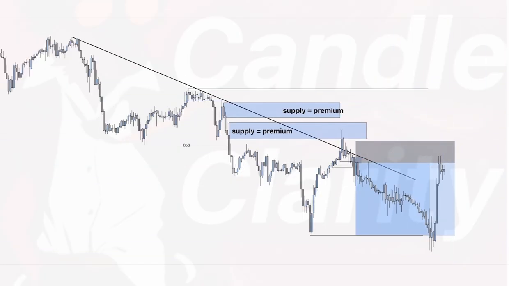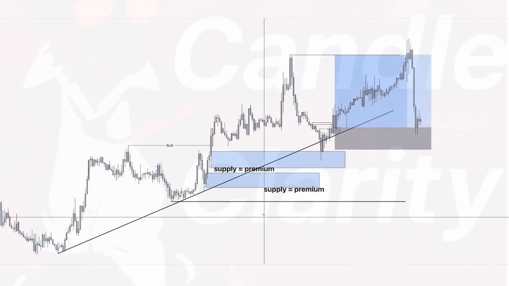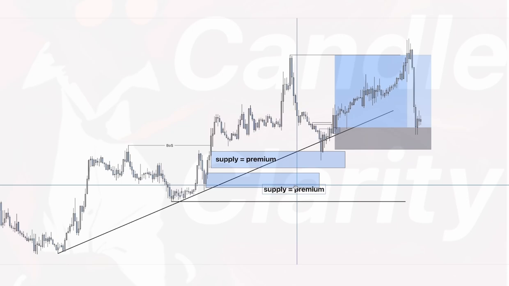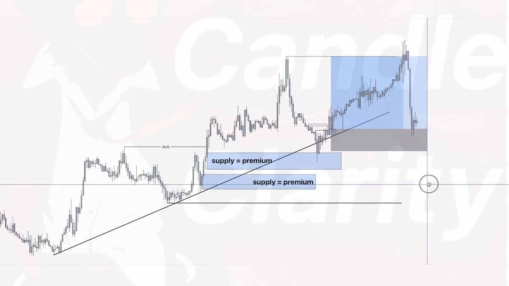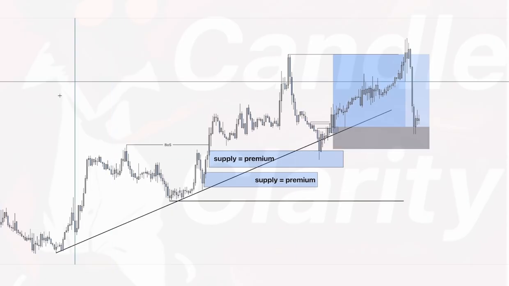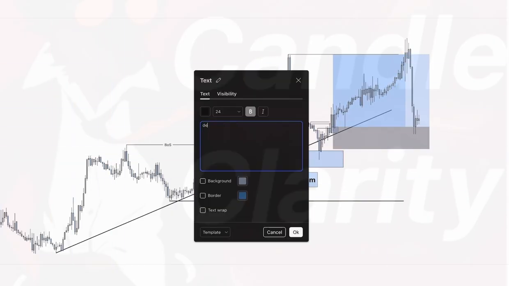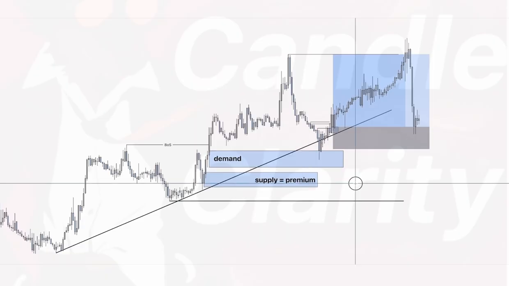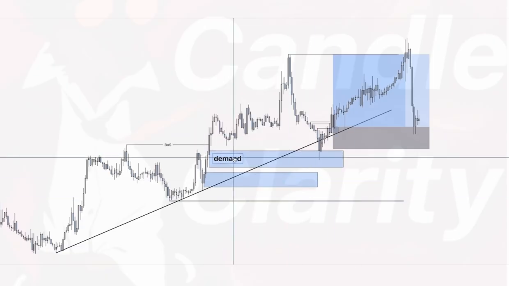Now, I didn't mention timeframes in this video because this will work on all timeframes, even down to the 1 minute. If you want to trade this on the 4 hour, the daily, the 1 minute, the 10 minute, the 15 minute, it really doesn't matter. And the other thing is as well, I've just flipped the chart upside down to give you an insight into what the bullish version of this trade would look like. It is exactly the same, but we see demand zones, which is basically a